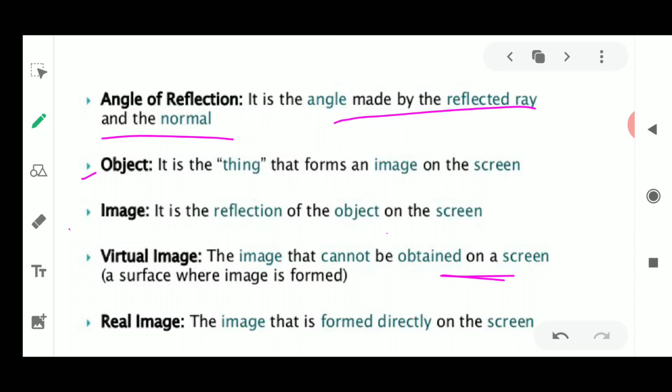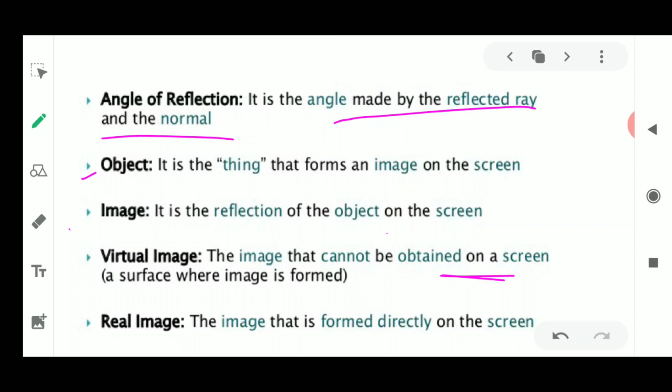It is obtained directly, which means you are able to see movies where your favorite stars are performing. Whether they are present or not, you will be able to see their movies and their faces always on your television channel. So the image which is obtained on the screen will be known as the real image. All your photographs will be real images, and whether you are present or not, they will be present on the screen. So that means it is a real image.